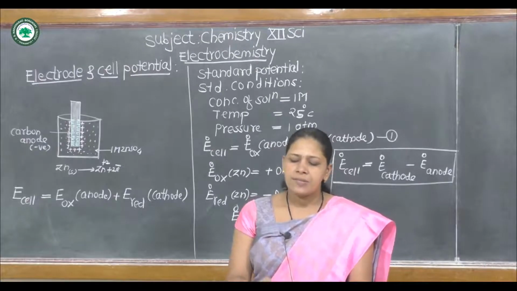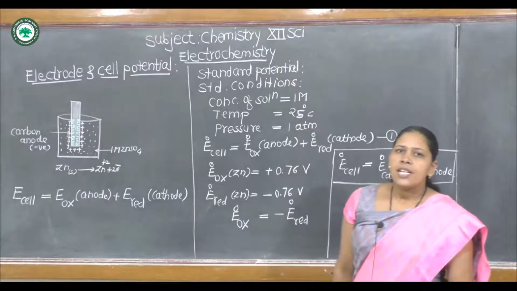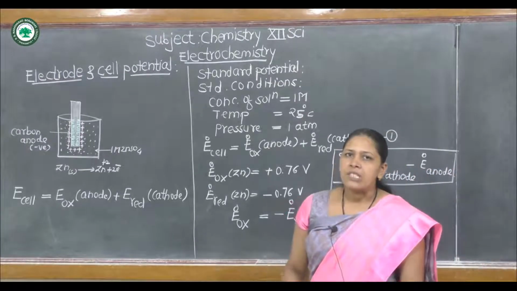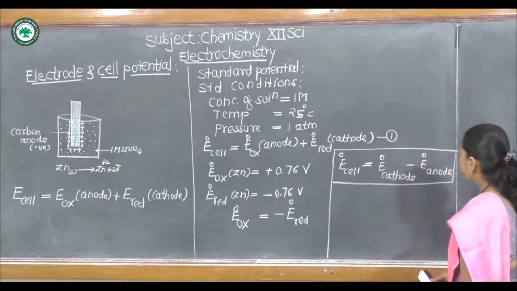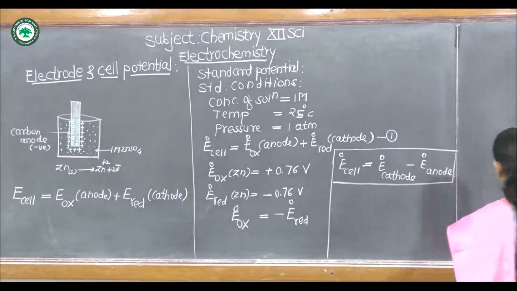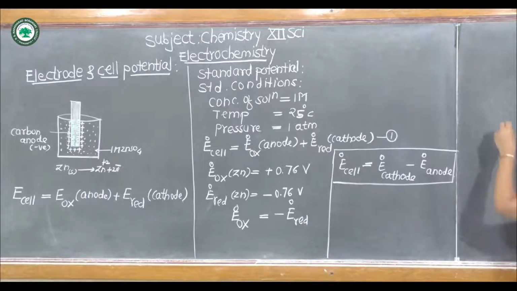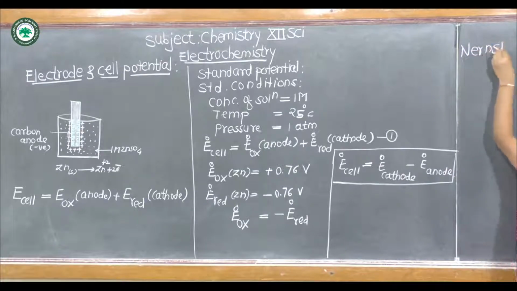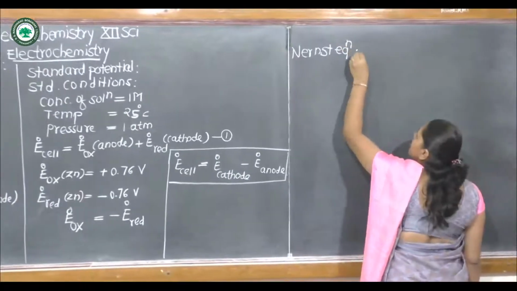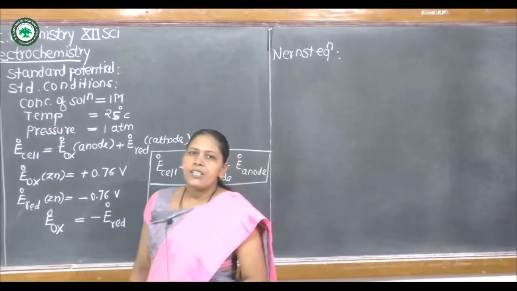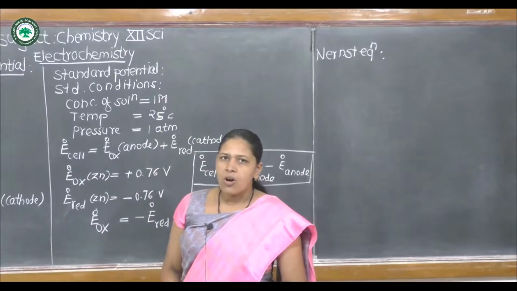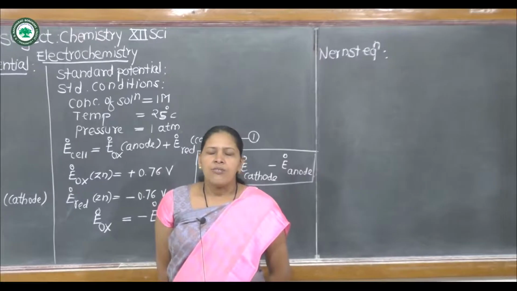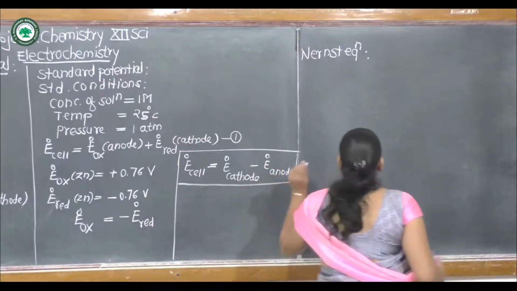Next point is the dependence of cell potential on concentration given by the Nernst equation. Nernst equation: the dependence of cell potential on concentration is given by the Nernst equation. For any general reaction,